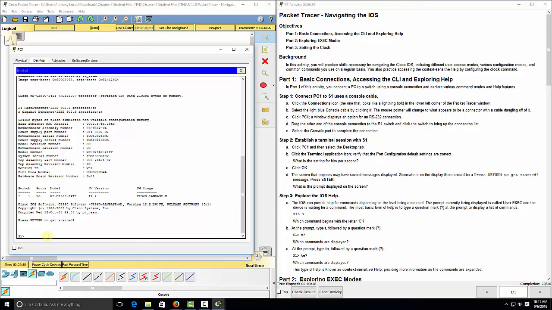Most of the time people do this way with the console cable. So here we click on PC1, the desktop tab, click on terminal, leave everything default, and click OK. And now we are ready to interact with our switch. So you can go through the rest of the